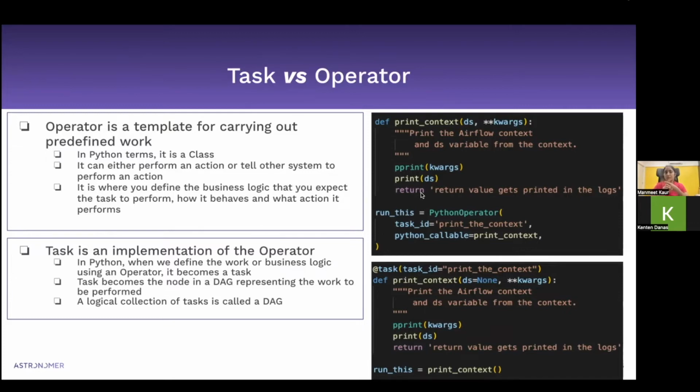Now, there is another thing: in an operator, you can define what you want to do, or you can also call an external system to run a particular job. For example, in this particular case, I'm just printing some statements. For example, I want to read a CSV file, load it into a data frame, and maybe count the number of rows. So I'm defining the action that I want to perform in a Python method,